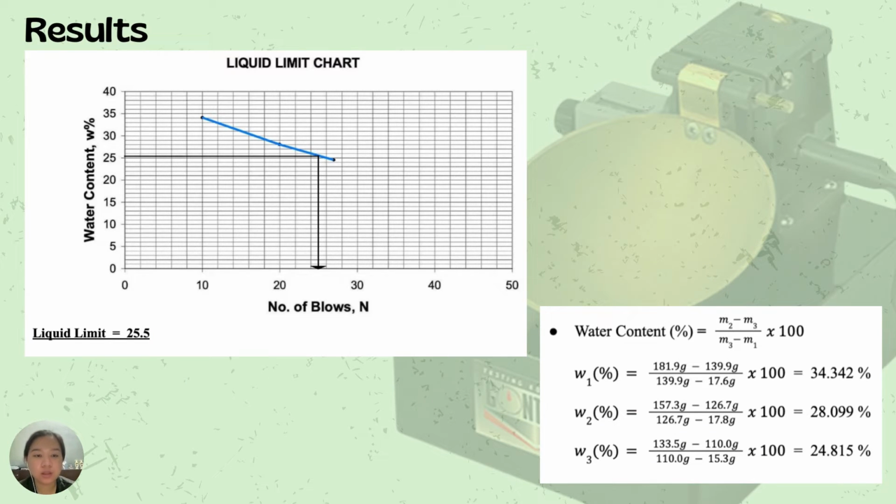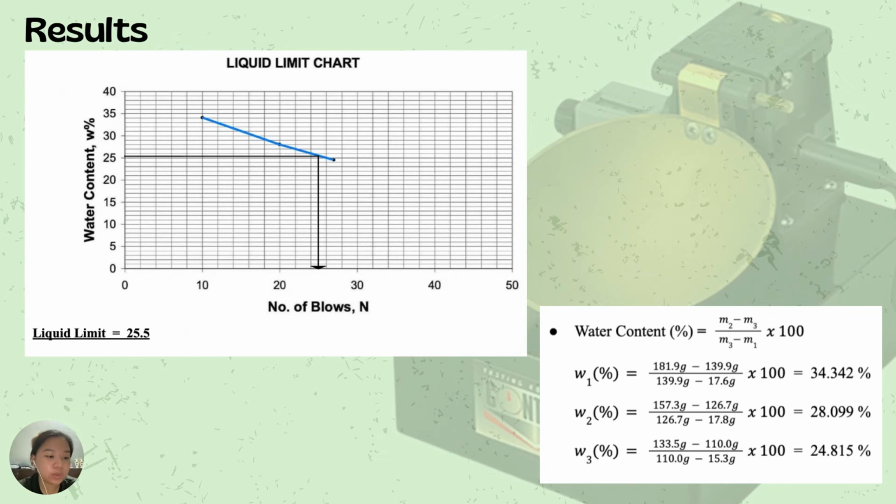For this one, you can see the liquid limit chart of our experiment. For the x-axis, we have the number of blows, and for the y-axis, we have the water content in percent. In our first water content, which is 34.342%, we plotted our first point under the 10 blows since it has 10 blows. Next is our second point, which is 20 blows, and that results in a water content of 28.099%. And lastly, 27 blows with a water content of